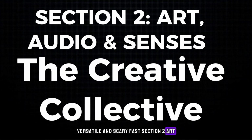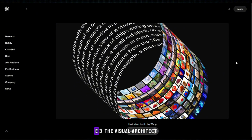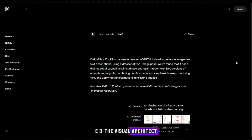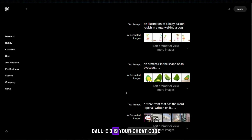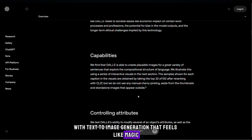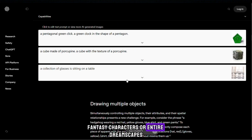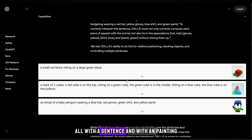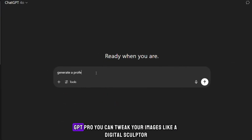Section 2, Art, Audio, and Senses, the Creative Collective. DALL-E 3, the Visual Architect. If your imagination paints wild visions but your hands can't draw a straight line, DALL-E 3 is your cheat code. With text-to-image generation that feels like magic, it lets you create posters, branding art, fantasy characters, or entire dreamscapes, all with a sentence. And with inpainting now available directly in ChatGPT Pro, you can tweak your images like a digital